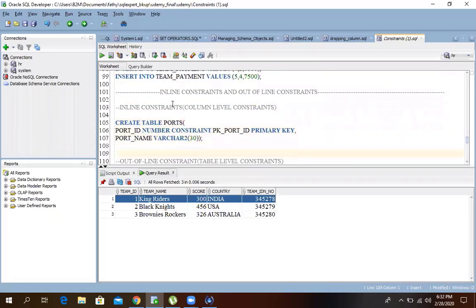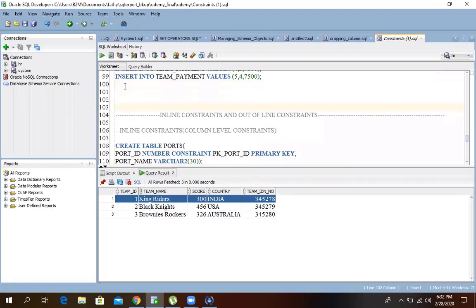Okay. Now, we've seen a lot of constraints. Do you remember the types of constraints that we've seen so far?